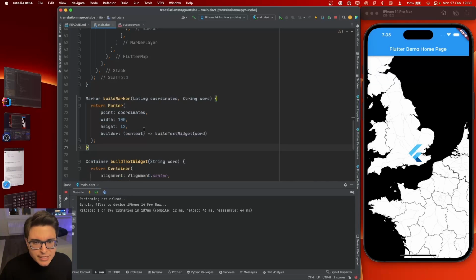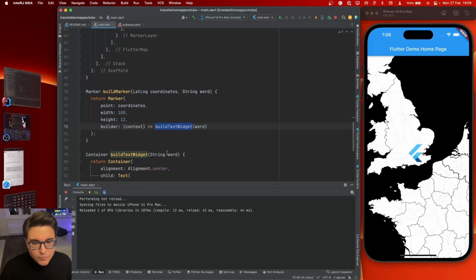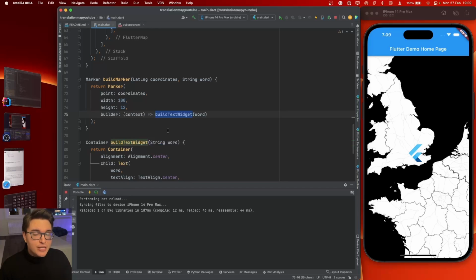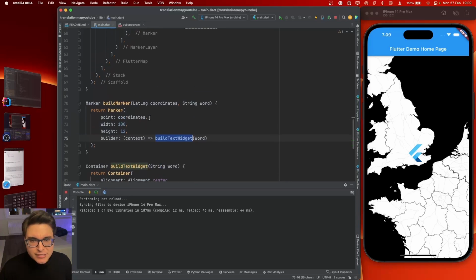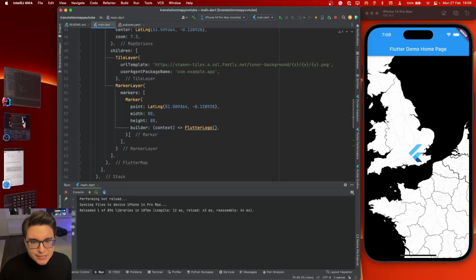And let me just place it here, build marker, so you can see that it's building a marker using these coordinates as the point, with a width of 100 something, with a height of 12, and with the build text widget function being returned as the widget that's going to be placed over the map. And now that we have this, all we have to do is replace here with this function